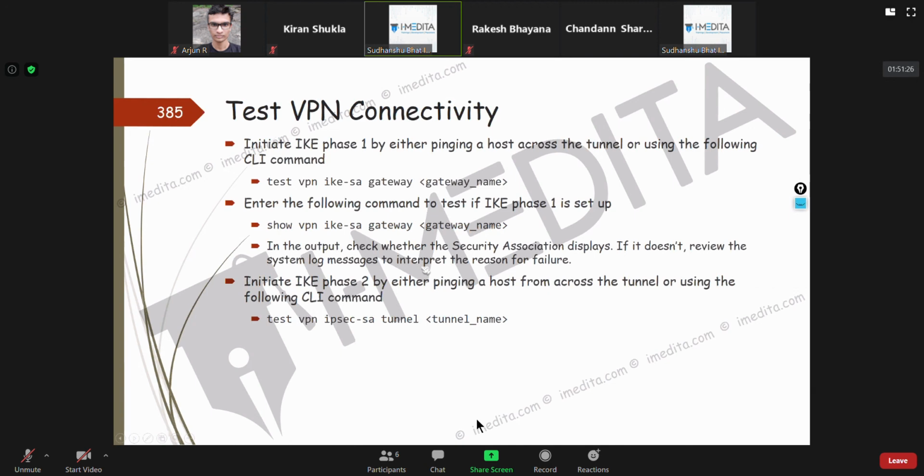Yeah, you were asking something? Suppose on the other end we have a different vendor. Suppose my side is Cisco, and the other side is Cisco or Palo Alto, Checkpoint or another vendor. It works fine still without any problem. It's just that you have to define the proper profiles on the other end.